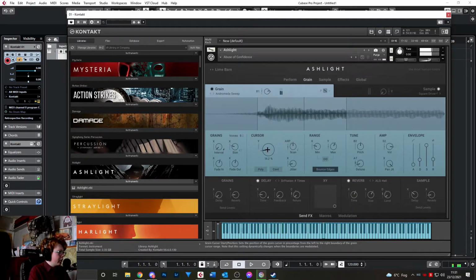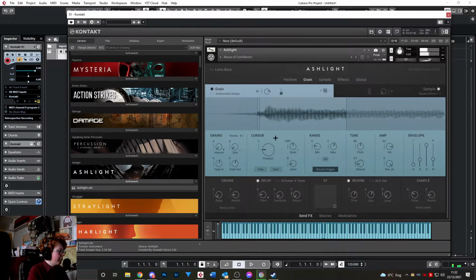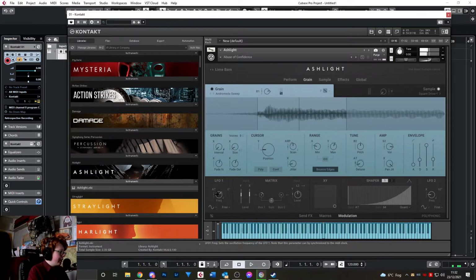Now if we change the position, so now we've only got a tiny little fraction of this sample here. Now I believe there's an LFO on there somewhere, but I'm not exactly sure whereabouts it is. It's here somewhere. But if we take the macro modulation, there will be. So if I turn this down,